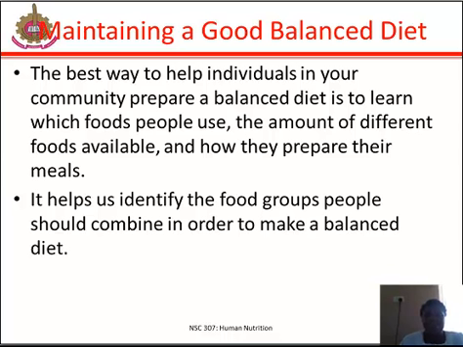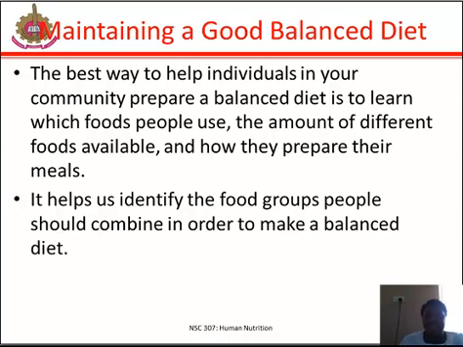The food groups at the top of the pyramid should be eaten in moderation, but food groups that are at the bottom of the pyramid should be eaten in larger amounts. Food combinations. The staple food is the common type of food that is consumed by the community. It should be part of our balanced diet because it is the main part of most meals. You will see a diagram that shows the pyramid of the food combination in the next slide.